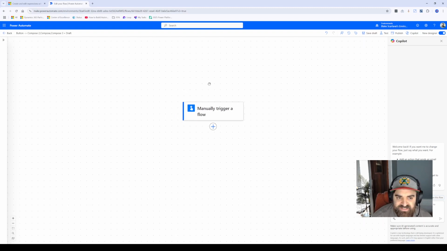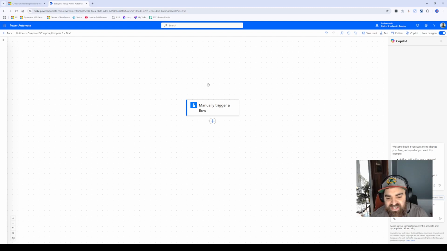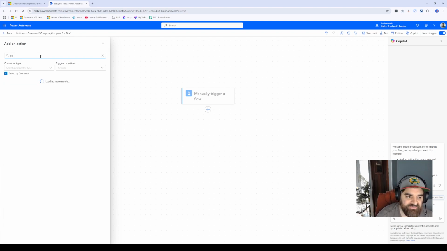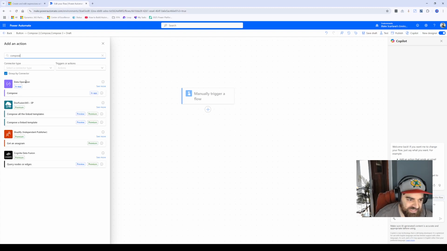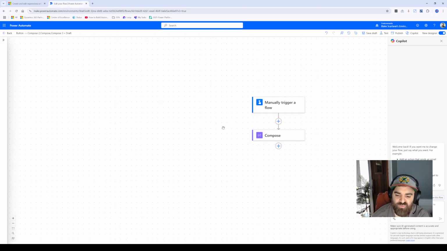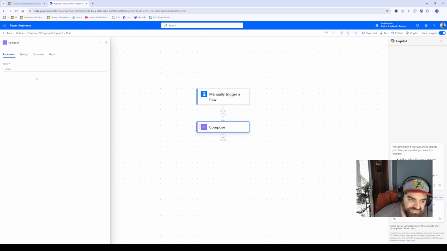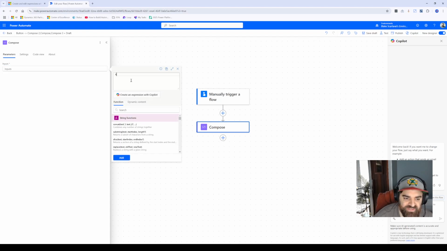So I've had mixed kind of results with this. One thing I would like to have it do, and it's not super common, but every once in a while you build a Power Automate flow and you want to get the last day of the month, for example. So we have some expressions like start of month, but we don't have anything for getting the end of the month. So you kind of have to build that on your own, and it takes about, I think, 3 expressions. It's somewhat